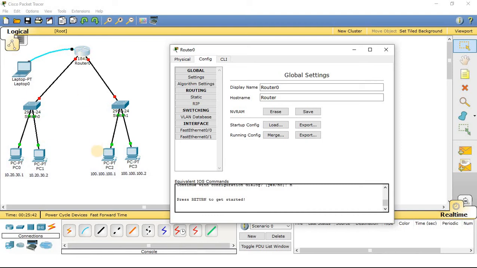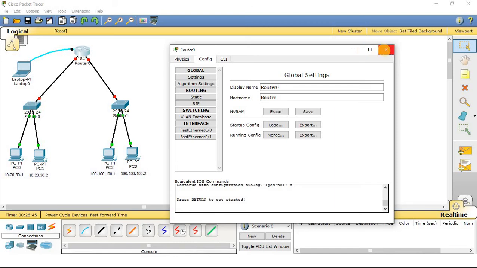Because we have to send packets among these computers where these computers are belonging to separate networks, and to send packets between 2 separate networks, that is not possible by just using a switch, because a switch works at the data link layer. So a device of the data link layer will not be able to send packets among different networks. Only the network layer can solve the purpose. So the network layer of the OSI model will be able to solve the purpose, and a router is the device that works at the network layer of the OSI model, which will connect separate networks together to send packets from one network to another network.